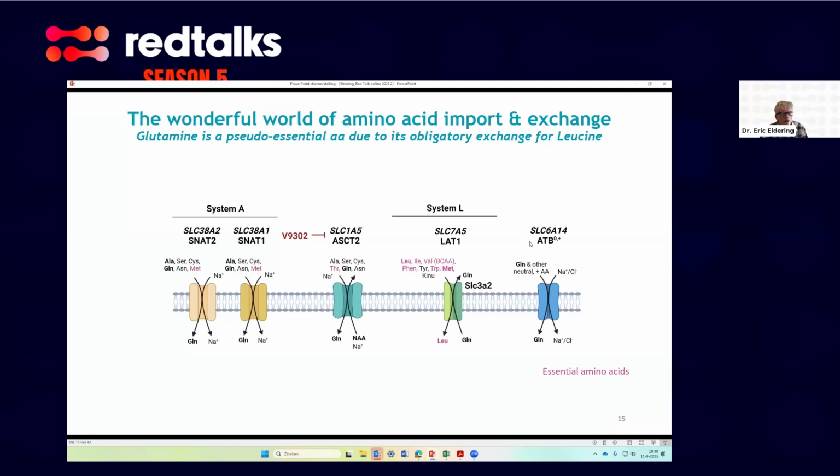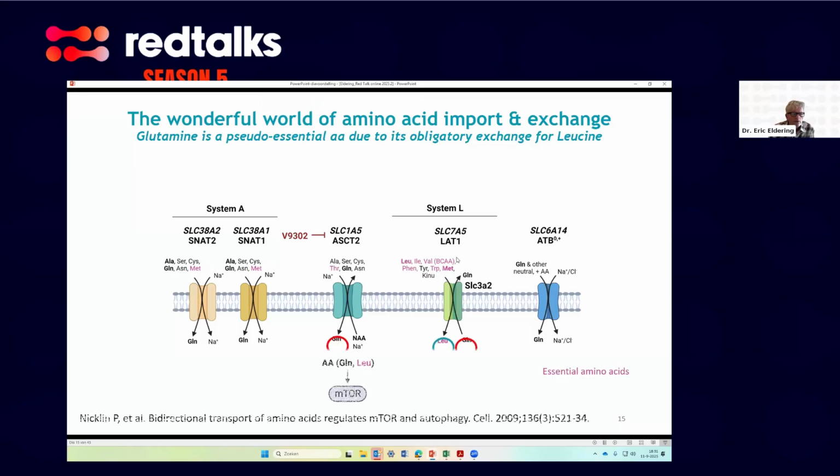For that, here's a scheme of various transporters involved in amino acid import. Here's the glutamine importer that I mentioned. The gene is called SLC1A5, and the protein is called ASCT2. So it's quite a complex world. All these importers have gene names and completely different protein names. What is important from this slide is that when glutamine is imported by this transporter, the SLC1A5, once it is